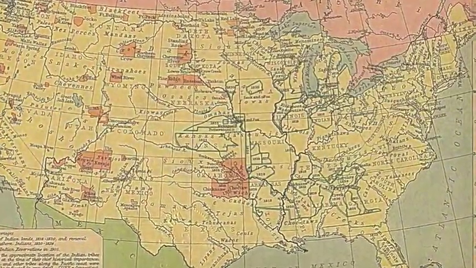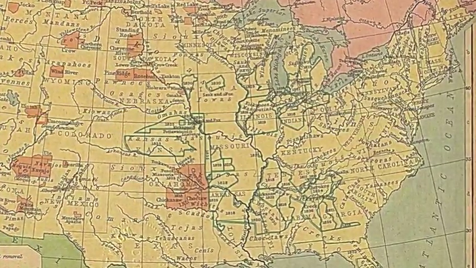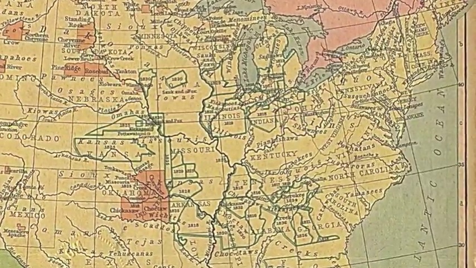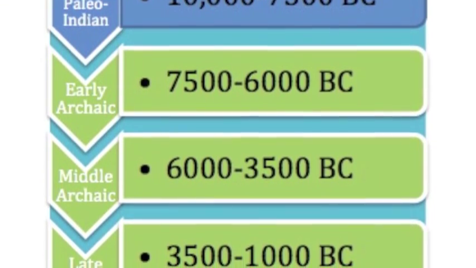Native Americans have occupied North America for over 12,000 years, long before European settlers ever set foot on its land. Historians and anthropologists have categorized different time periods of this Native American occupation based on cultural changes and technological development,